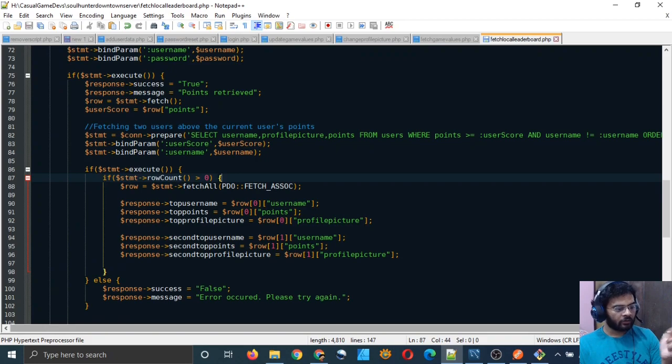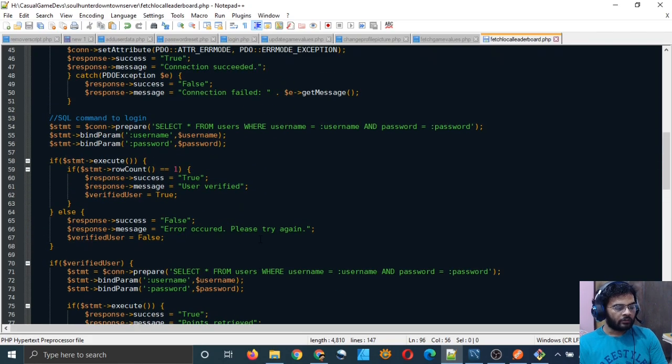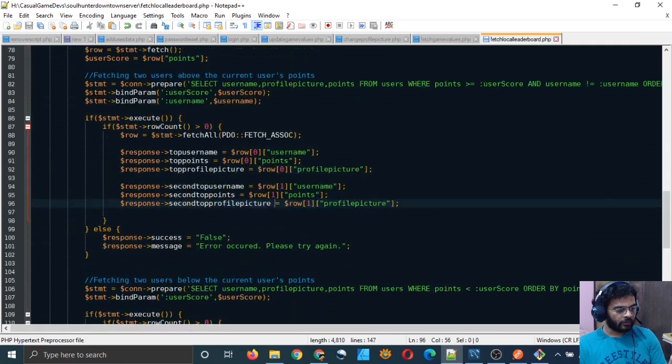We have to check that also, if the second record is present or not, right? If there is one record, this statement will say yeah greater than 0, it can be 1 also, right? You can say that if it is greater than 0, or you can check if this is null or not.